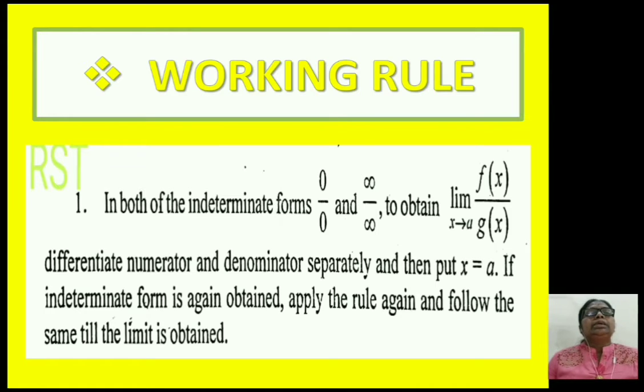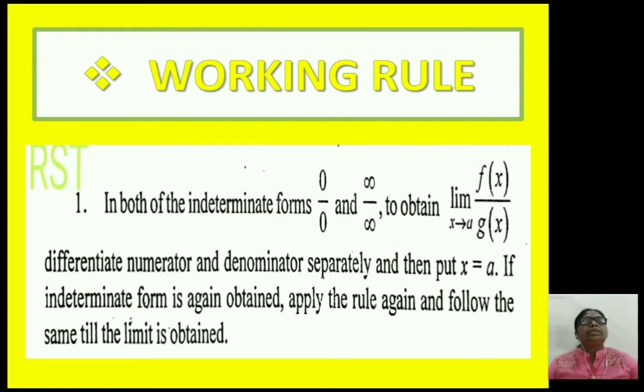Number 1 is, in both the indeterminate forms 0 by 0 and infinity by infinity, to obtain limit of f(x) upon g(x) as x tends to a, differentiate numerator and denominator separately and then put x equal to a. If indeterminate form is again obtained, apply the rule again and again and follow the same till the limit is